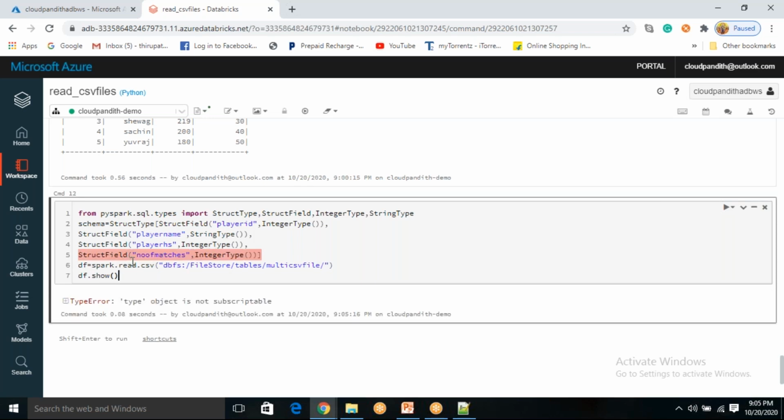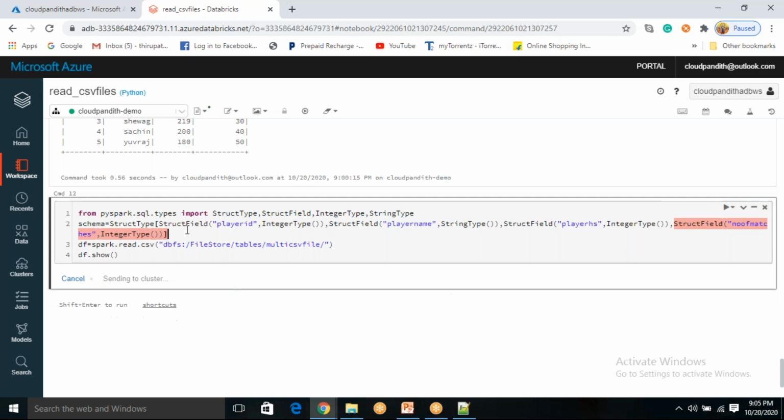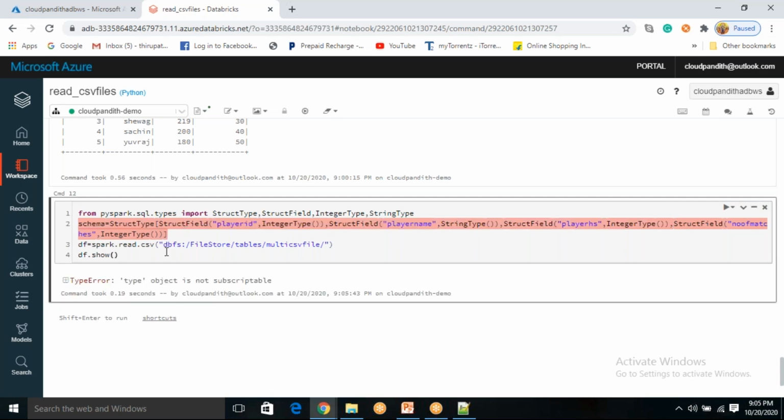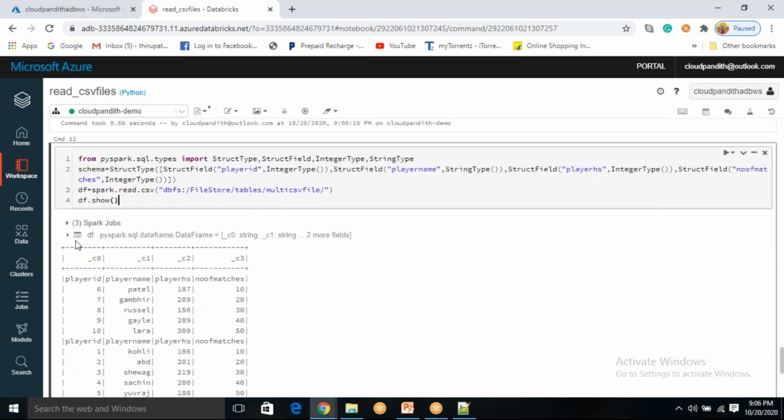Something is a problem. What is it saying? Type object, integer. Type integer, it's correct. Let's put something like this. Let's get it now. The type object is this list. Everything you need to close. So you need to take this entire list inside it, like struct type. Now it will work. See now, what is the data type of each column?